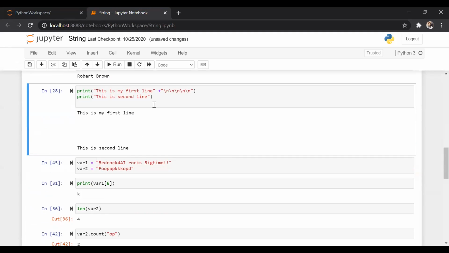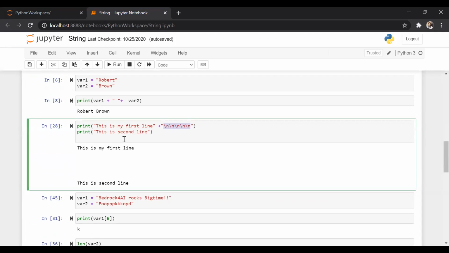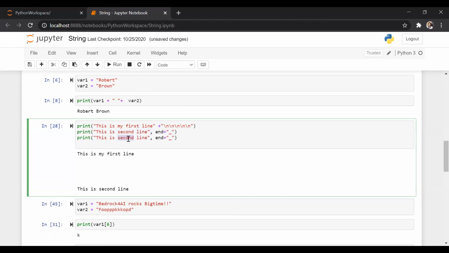Okay, and you can insert as many new lines as you want in your print statement by using this \n. By default, print ends with a new line character. That's the default behavior. If you want to change the default behavior, you can use the parameter end, and you can specify what the print statement should end with. Maybe I'll just say end with an underscore. So now if I print a new line after this,